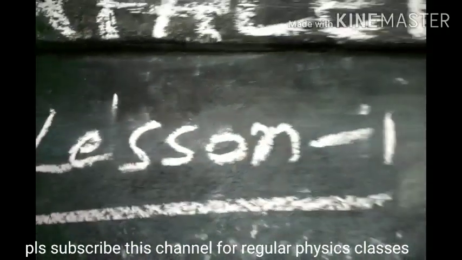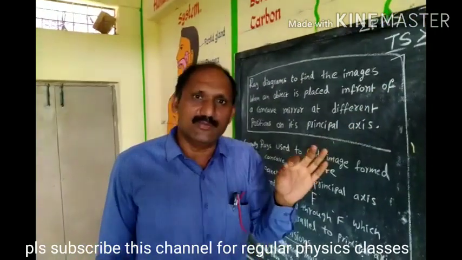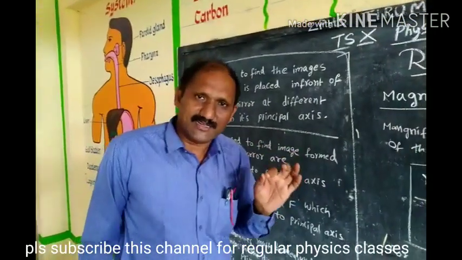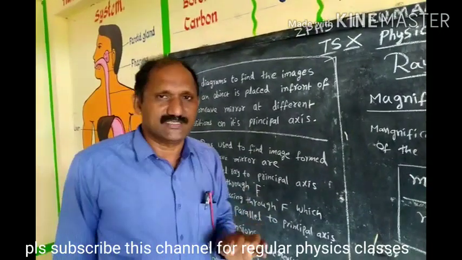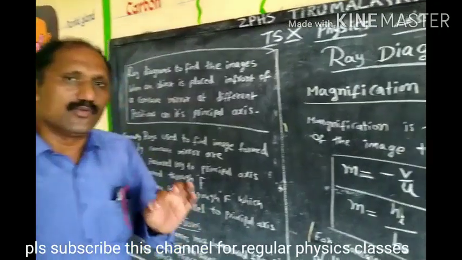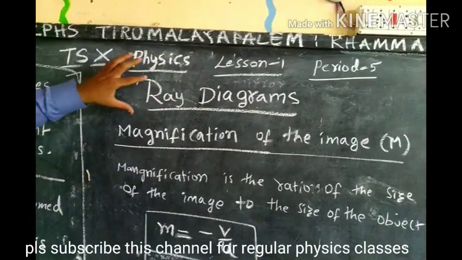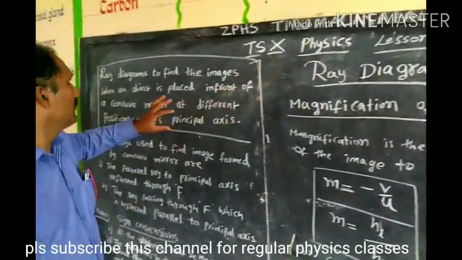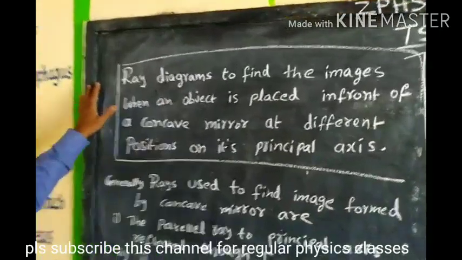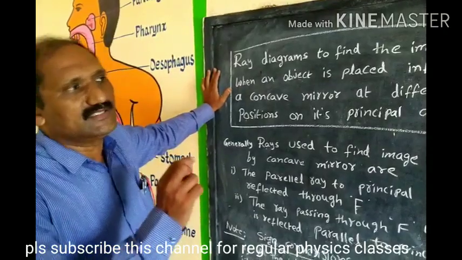In 10th class Physics, English medium, first lesson, in the 5th period today we will look at ray diagrams, the images formed by the concave mirror. To find them we have to know about the ray diagrams. Before that, first we have to understand some notations and important things about these rays